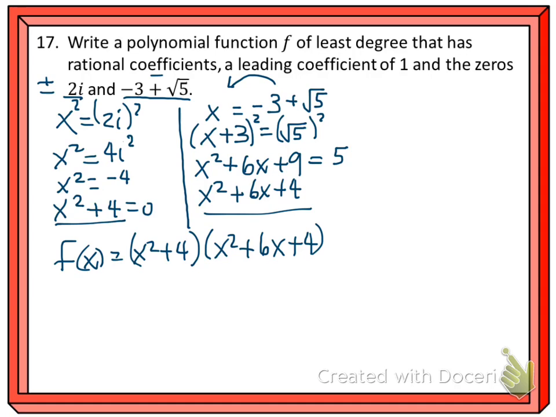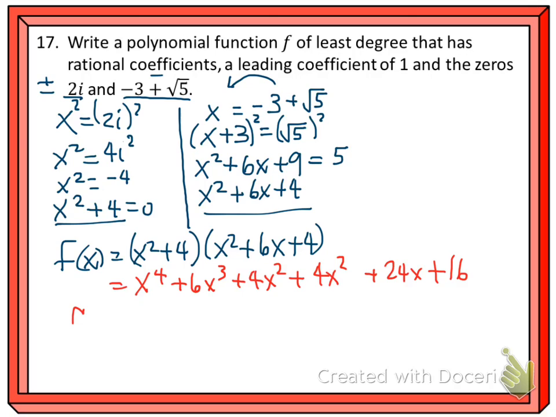It's just a whole bunch of distributing, and this would be x squared times x squared. There's our x to the fourth. x squared times 6x is plus 6x cubed. x squared times 4 is plus 4x squared. Now multiply everything by 4. So 4x squared plus 24x, and then plus 16, which gives us an equation of f of x equals x to the fourth plus,